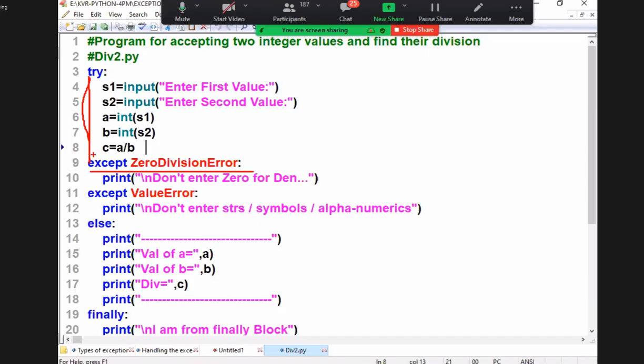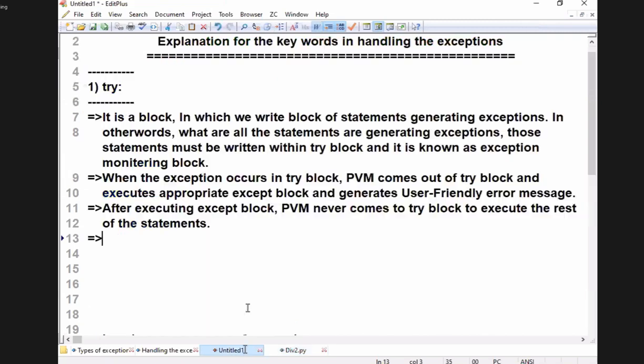People will ask a question: can I write only a try block without writing an except block? No. Definitely every try block must contain at least one except block, compulsory. This is a syntactical point.